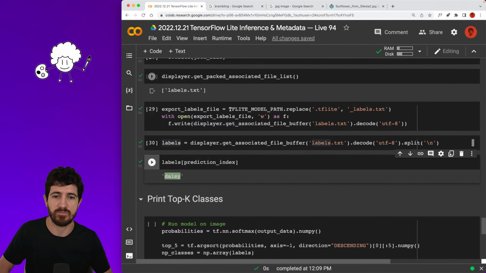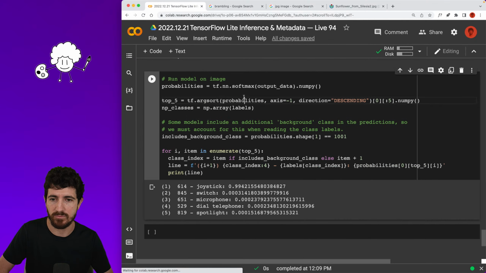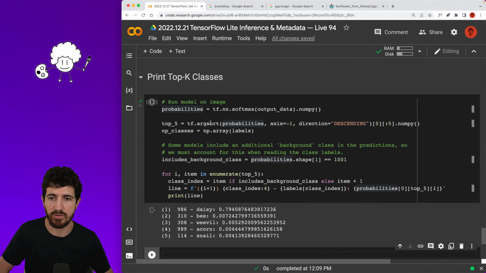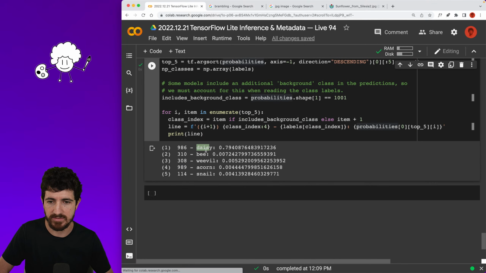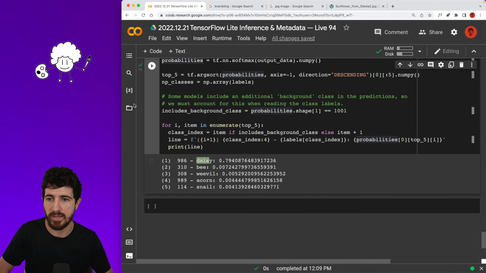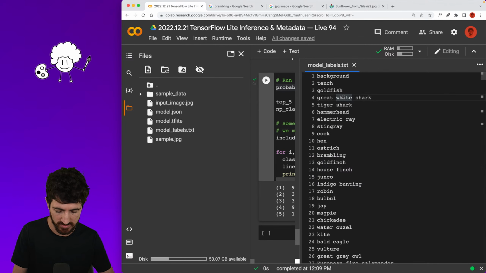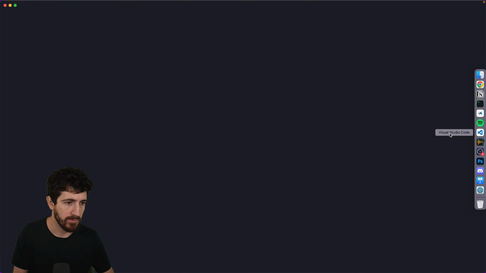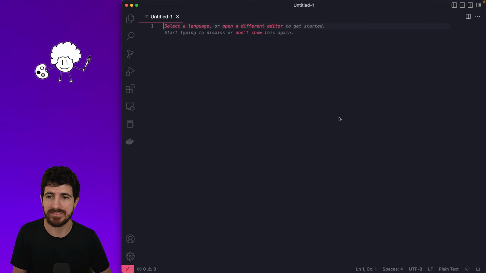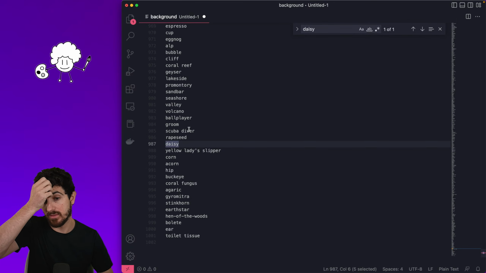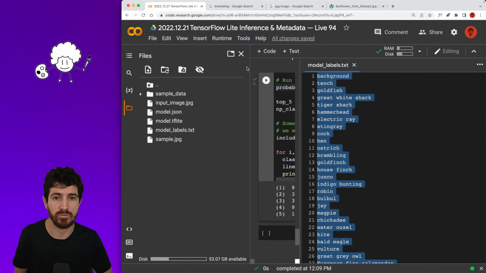Discrepancies, I mean, it's a really compressed model, but it works. And we have this last block here where we're going to print the top K classes, and it tells us Daisy, Bee, Weevil, blah, blah, blah. The one thing to note here is that if we go to this list of classes, we might find that Sunflower is indeed not in the list. So if I do Daisy, it's probably the most similar to this